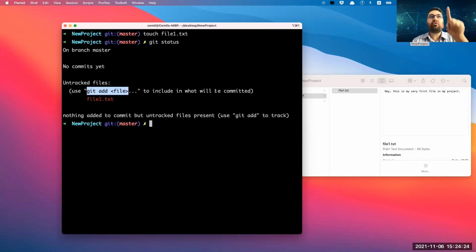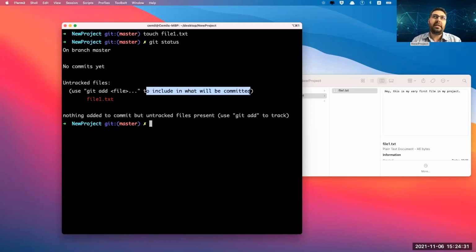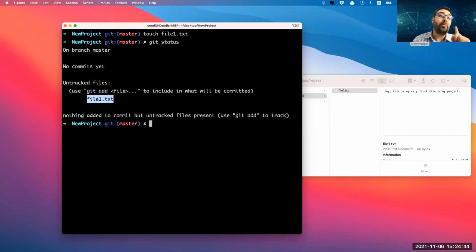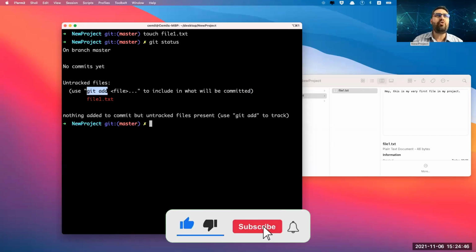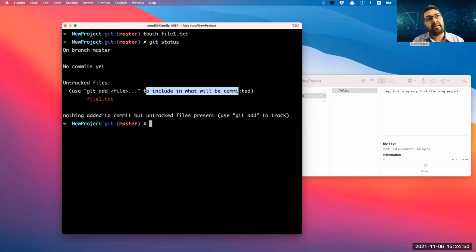Like I should run this command git add and the file name to include what will be committed. We usually don't like to read the errors. We usually don't like to read the user manuals. Who reads the user manuals before using this stuff? But here, there is a nice, helpful tip saying that the file is untracked, but you may need to run this command to include what will be committed. So now the change is this, git add the file name.